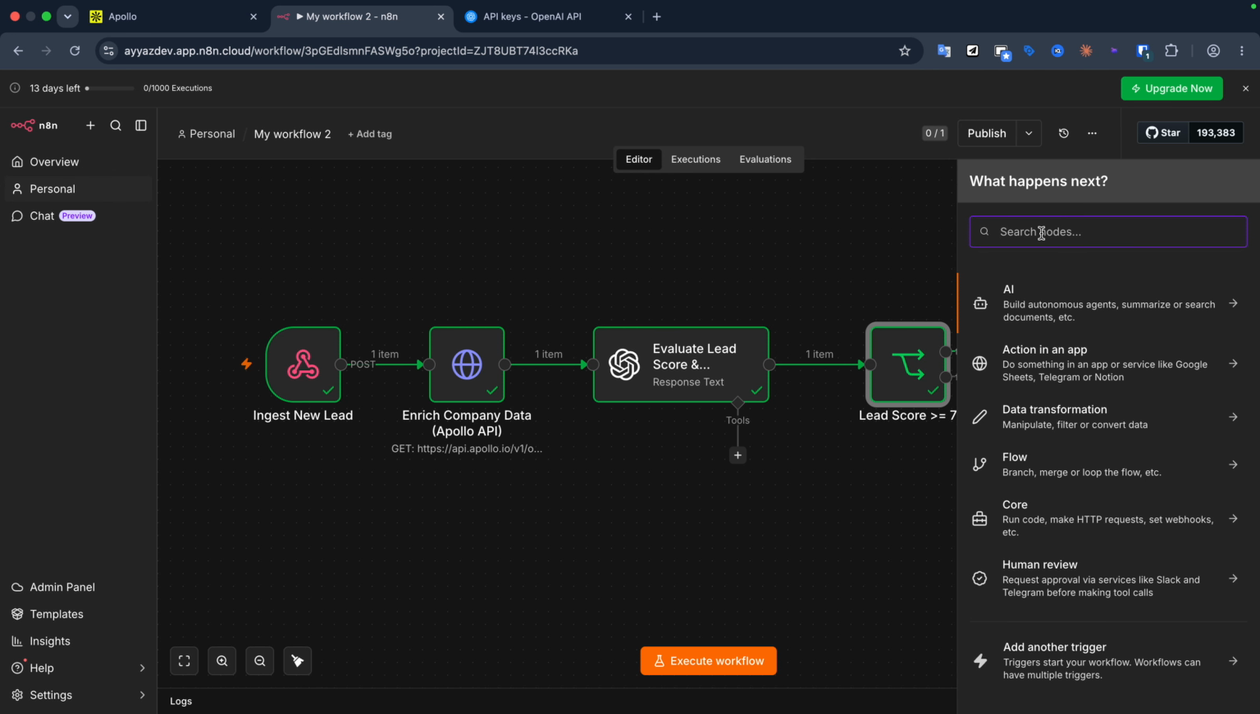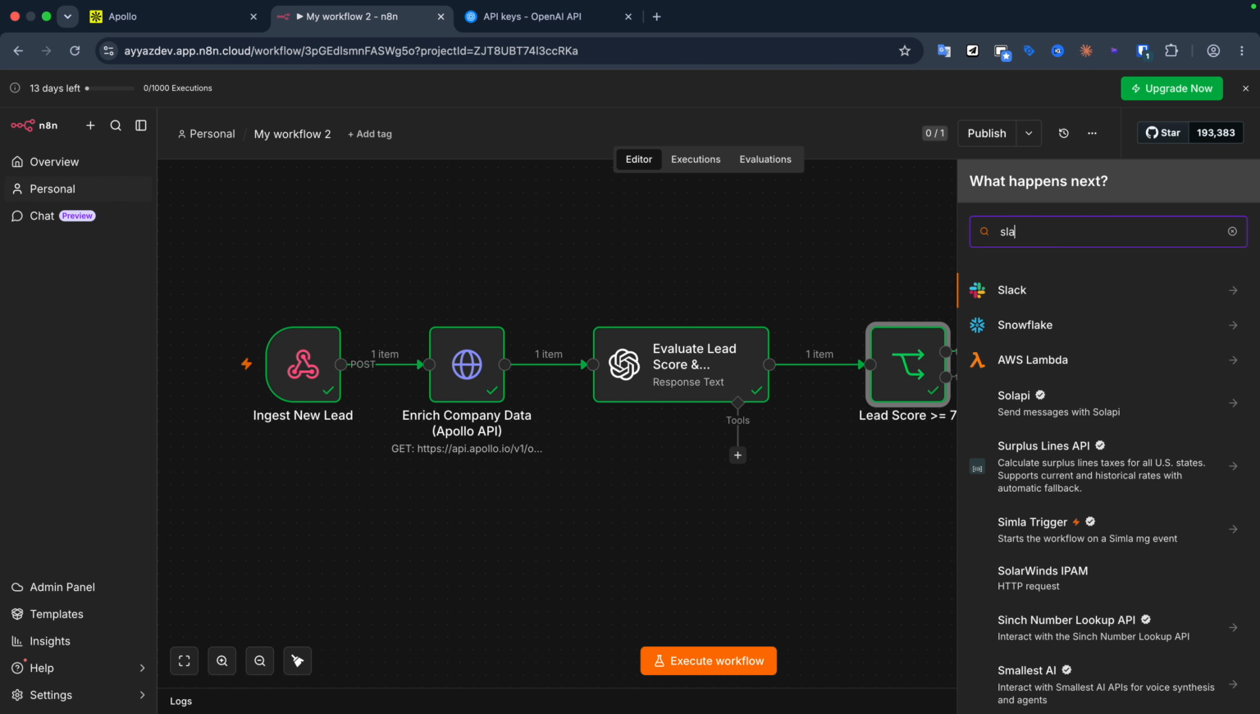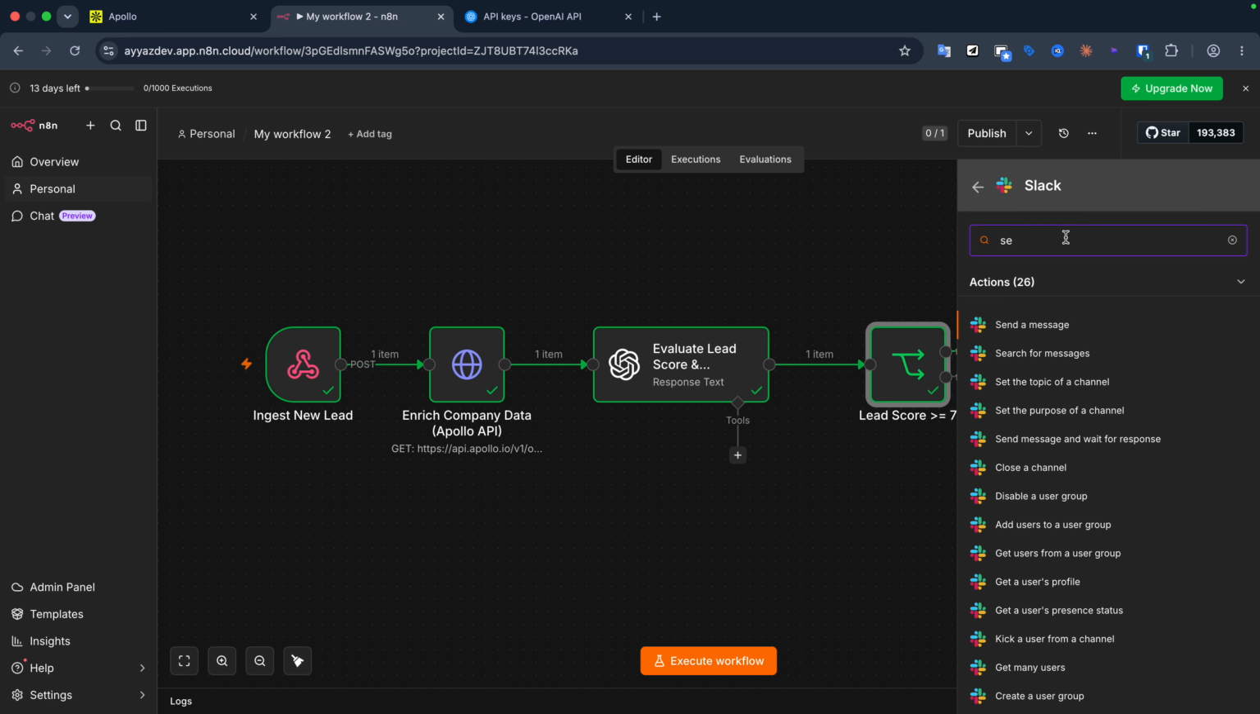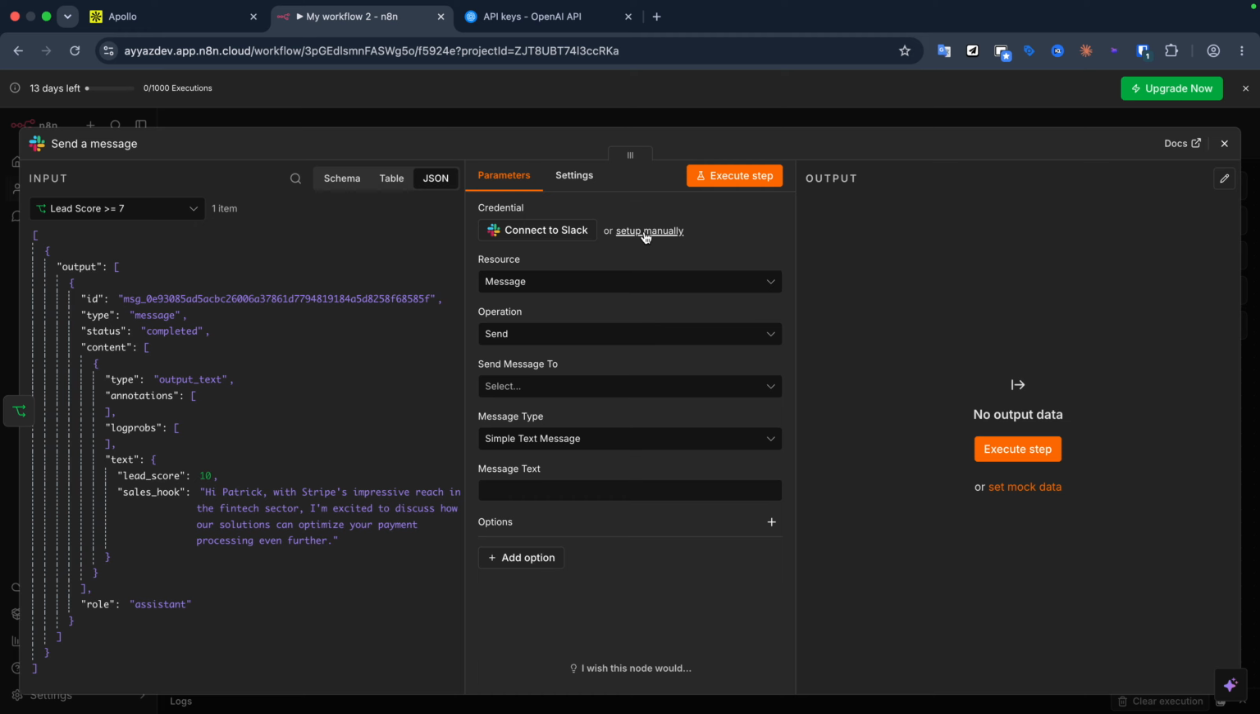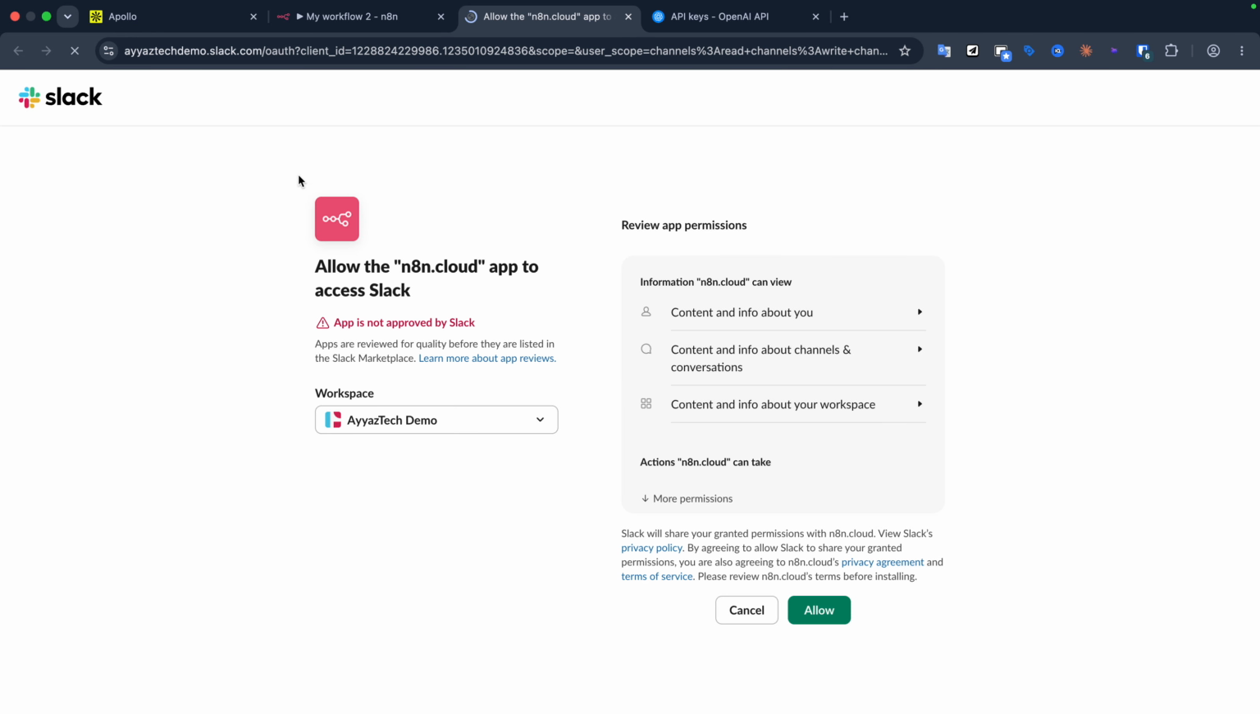So let's add another node here with the name Slack. Click on that, and here I will select send message. As we are doing this for the first time, we need to set up the credential. For that, you can set up manually, or you can just click on connect to Slack. This is easier. Just click on that, and it will take you to this authorization page where you